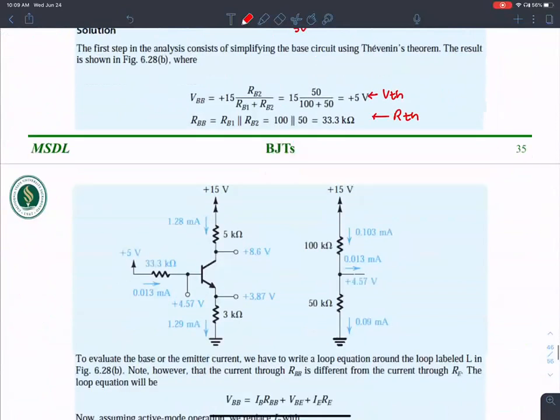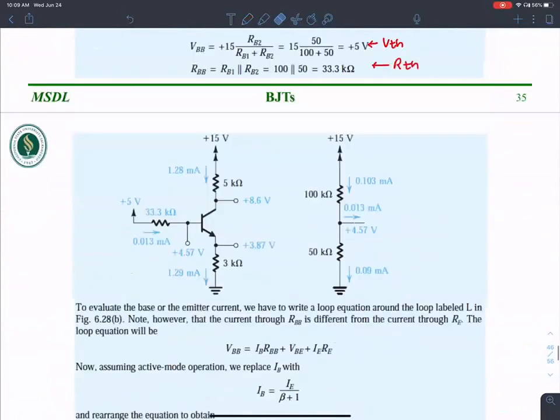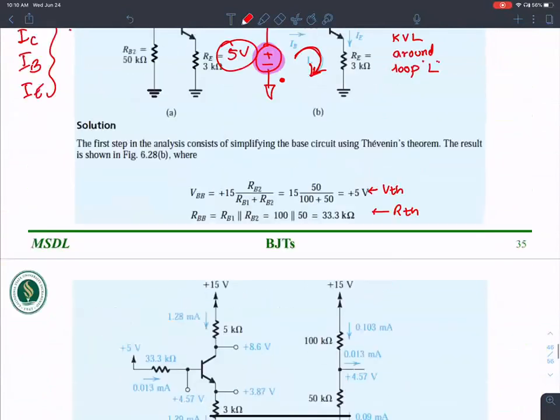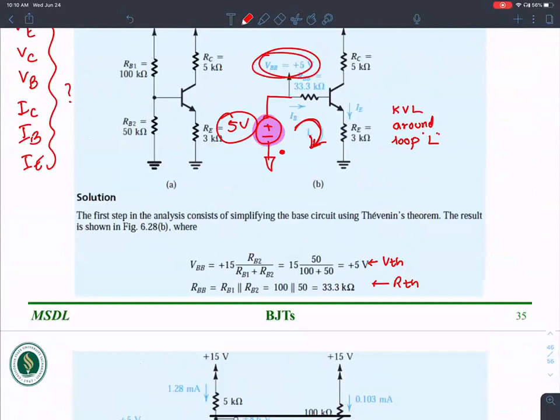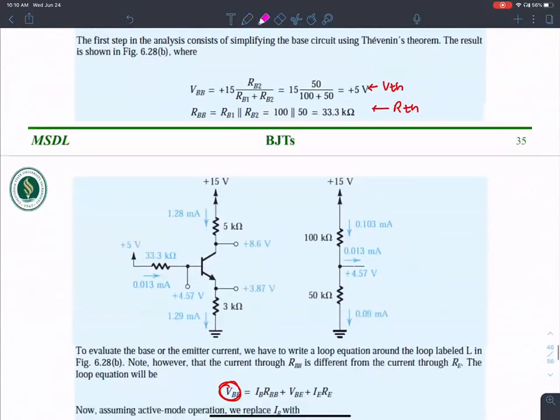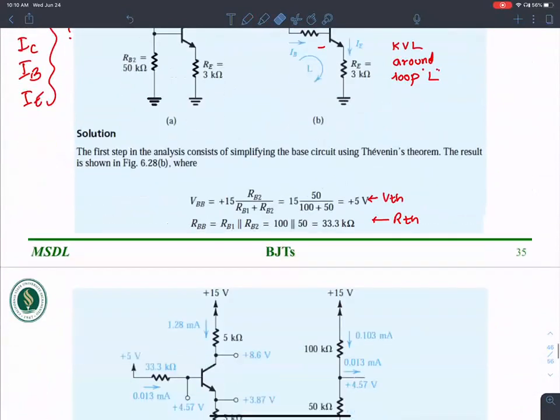So the sum of these voltages, okay, so this voltage VBB, that's the voltage that we are applying here, 5 volts, should equal the sum of voltages dropped in these two resistances. And of course, there is a plus minus 0.7 volts over here. Let's not forget that either. Okay, so when we write the loop equation over here,